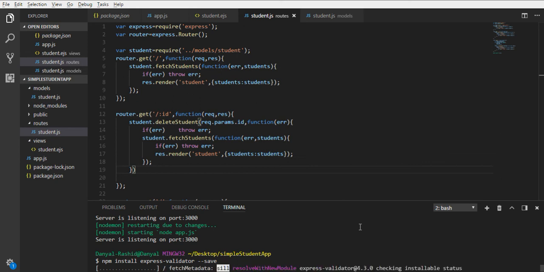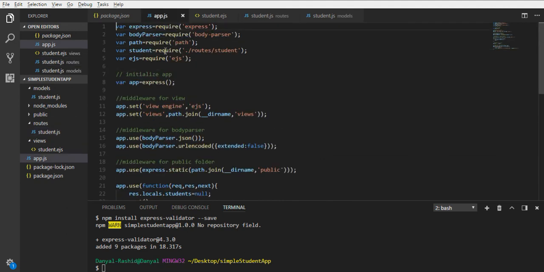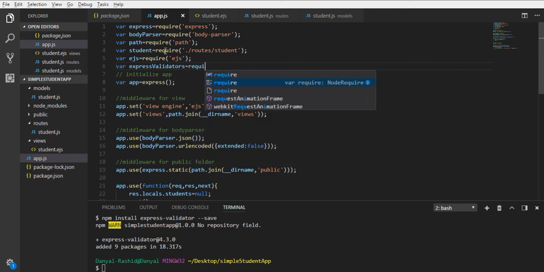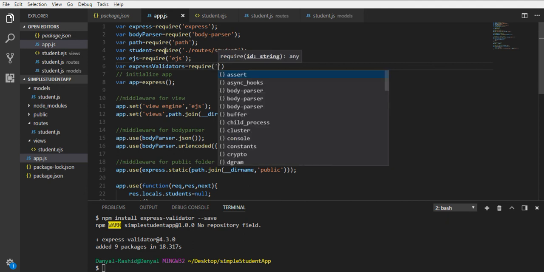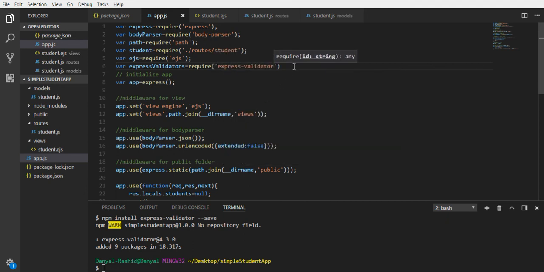It will install. It is installed, so in add.js we'll include it. Validators equals require express-validator,